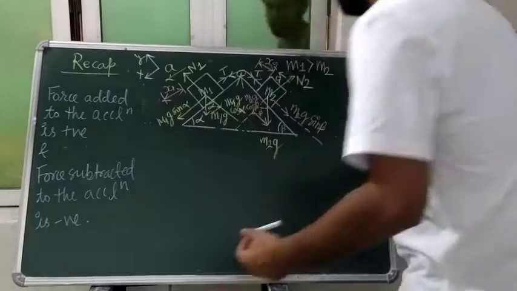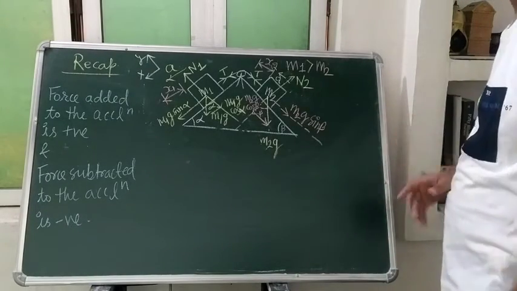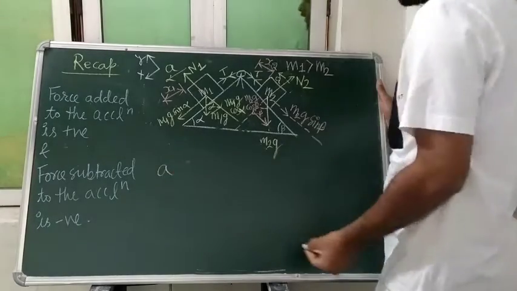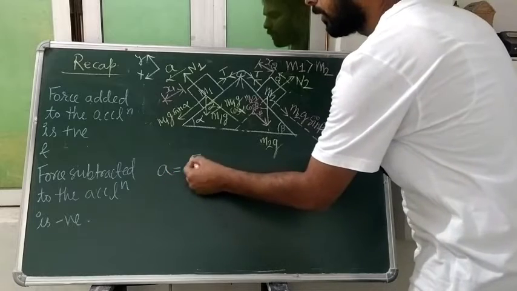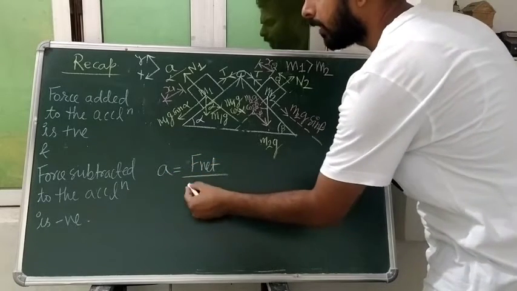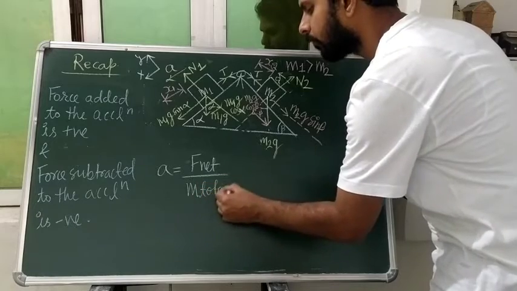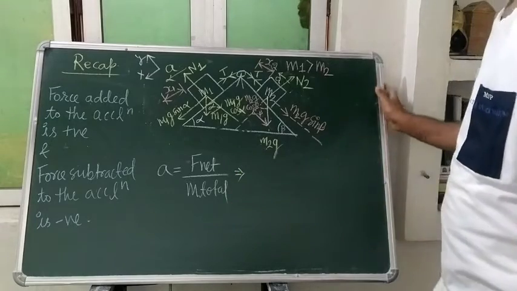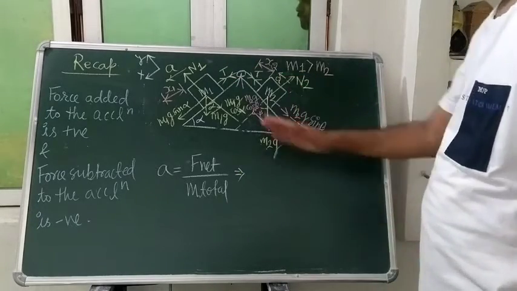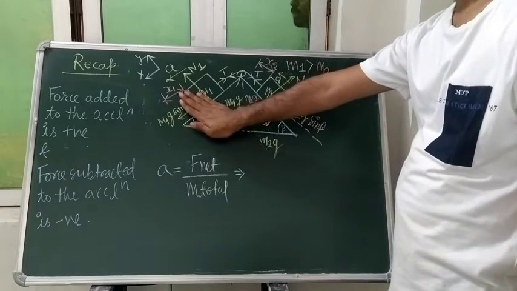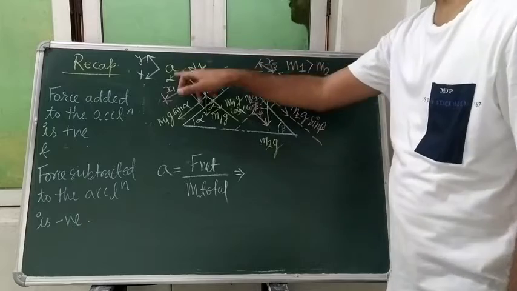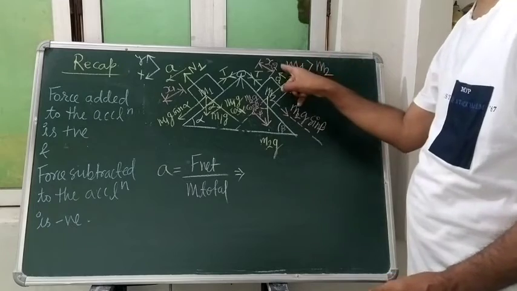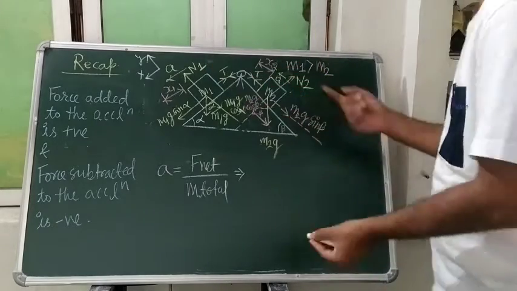So once we have drawn the free body diagram and know the acceleration and the tension, next we can find the acceleration by performing F net divided by M total. And when will we write this, student? Net force, this tension we will not take into account. The forces acting in the Y direction are not going to affect the acceleration. No acceleration is present in the Y direction, isn't it?